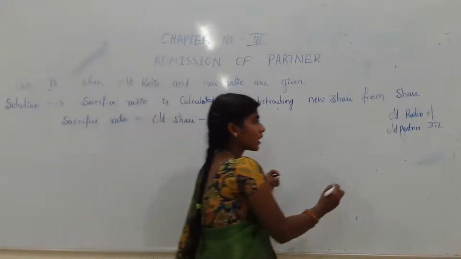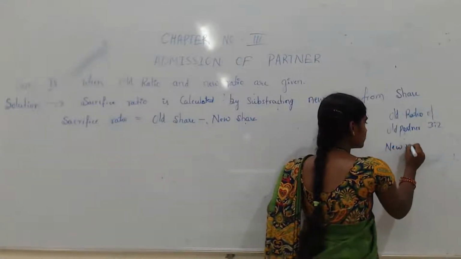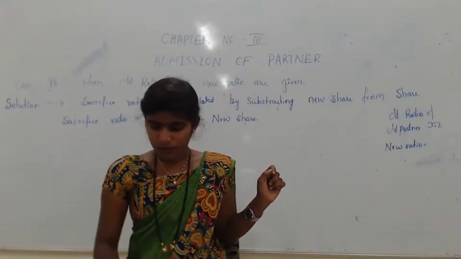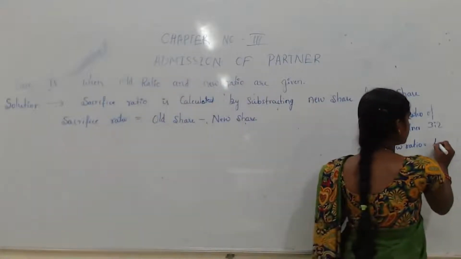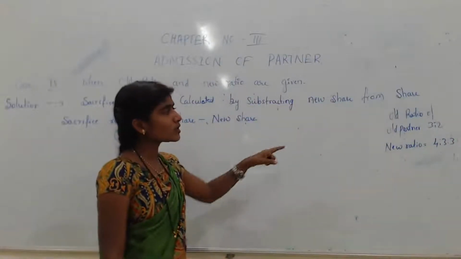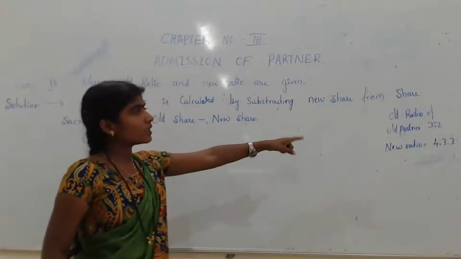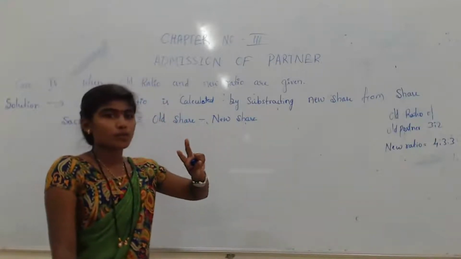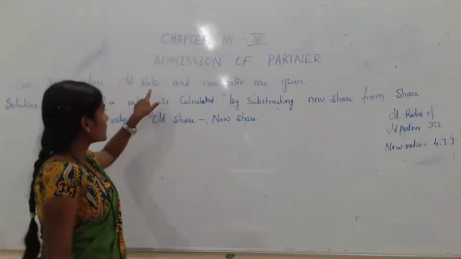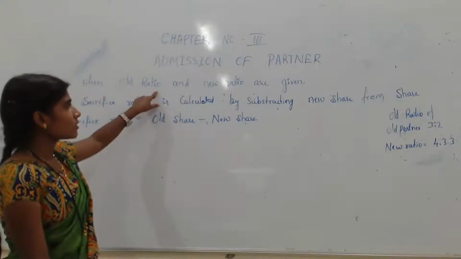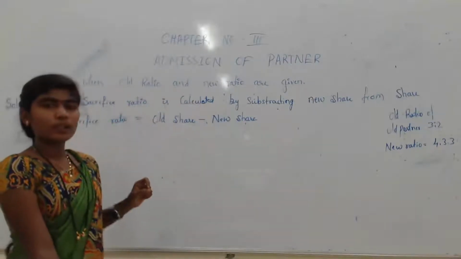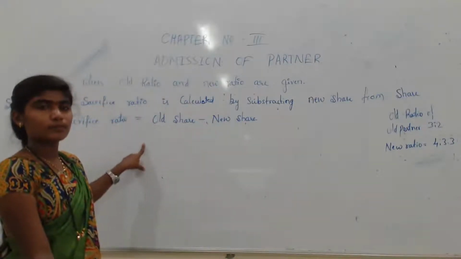So here new ratio is, what is the new ratio? 4:3:3. Okay, 4:3:3 is the new ratio, and what is the old ratio? 3:2. See here in this question, there are two pieces of information: old ratio of the old partners and new ratio of all partners. See, what is the fourth case? Fourth case says that when old ratio and new ratio are given, then apply the fourth case formula